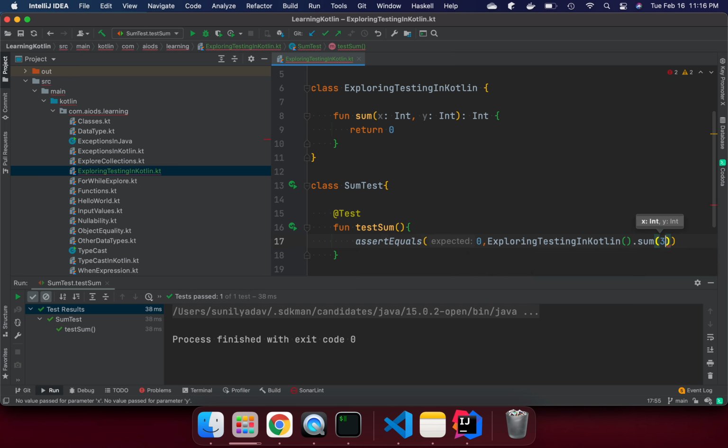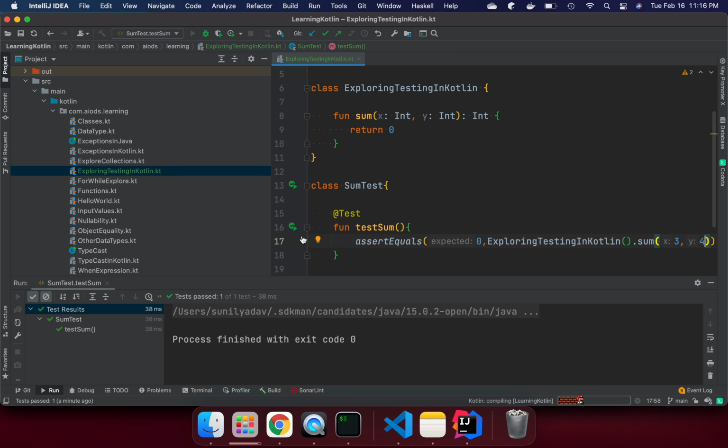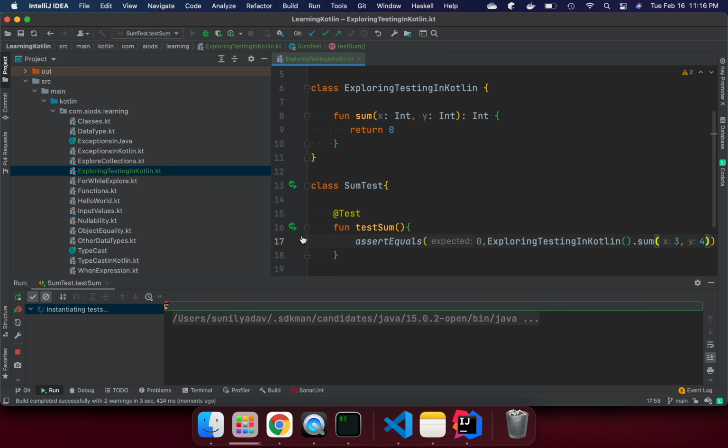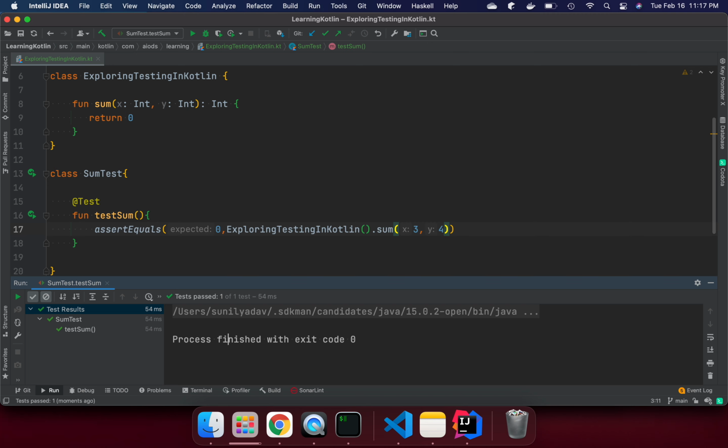It doesn't matter, we are not actually summing up, we are just pretending we are doing something with this method. If you pass two numbers and it returns 0, it doesn't mean it's going to return the sum of two numbers. It can be anything. So we will test it one by one. We can say this method passes, meaning if we call this method passing 3 or 4, we get the return 0. So this method is working perfectly fine. This is not actually summing up, but whatever behavior we are expecting from this method, it is working.